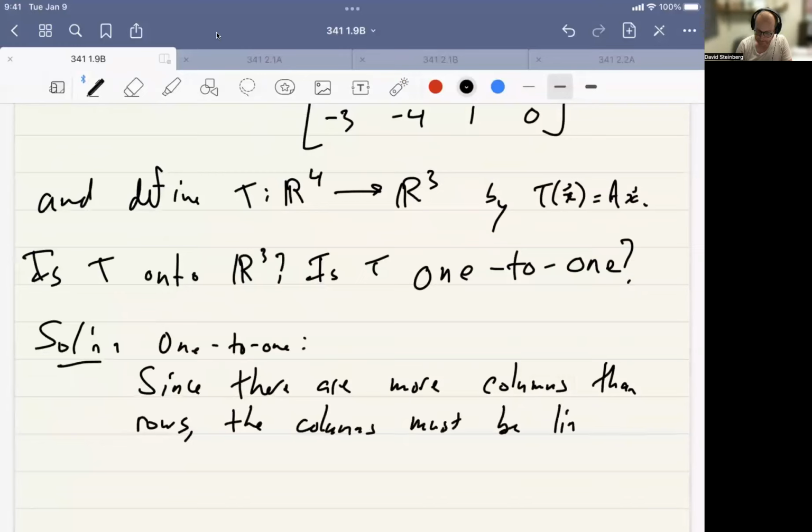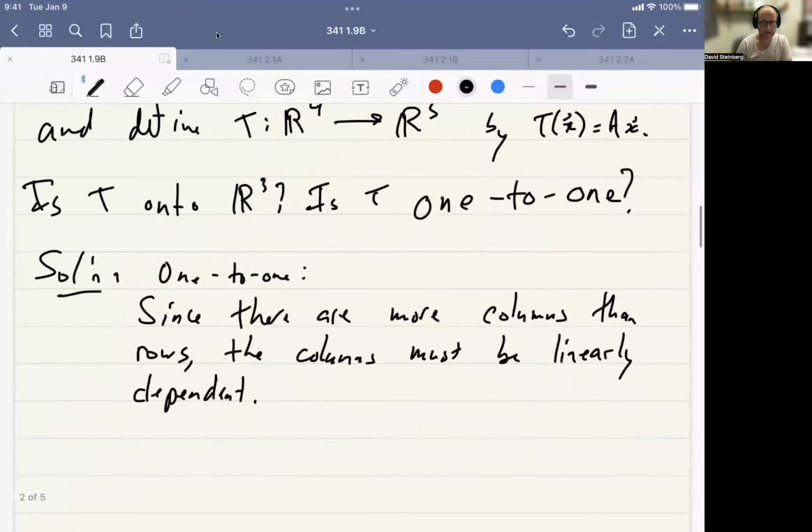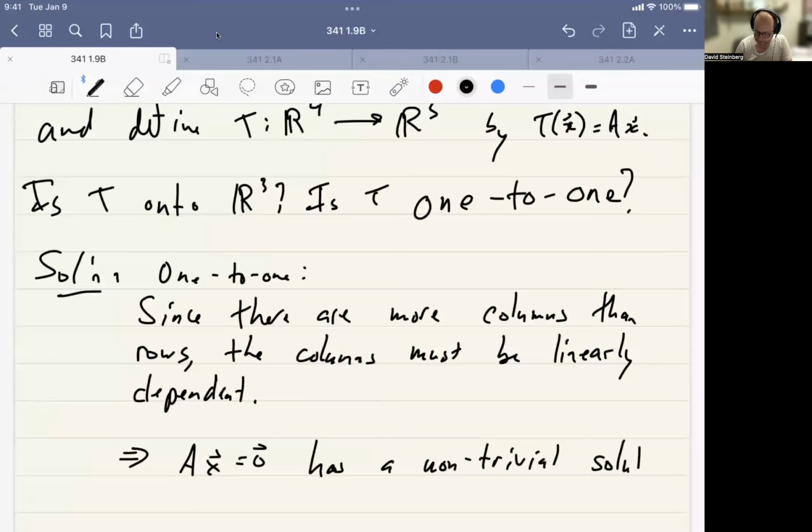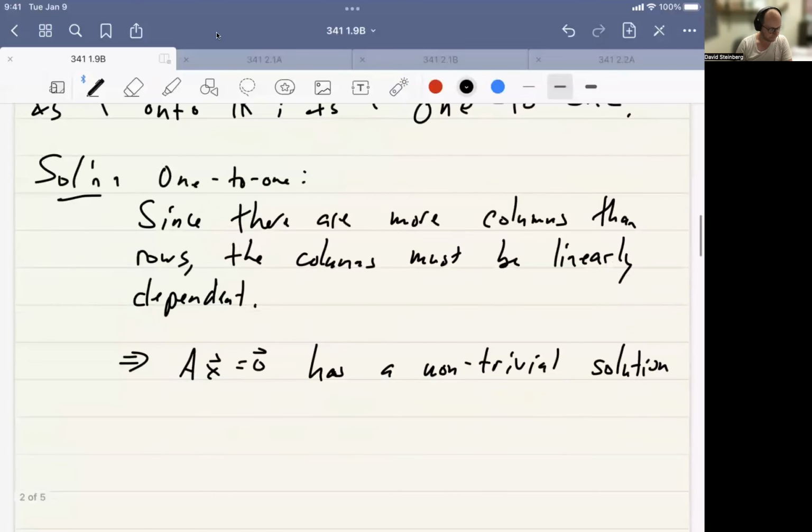So this means, among other things, that the equation AX is equal to 0 has a non-trivial solution. That's sort of the definition of linear dependence. And in particular, since there's a trivial solution and a non-trivial solution, this equation has two solutions,